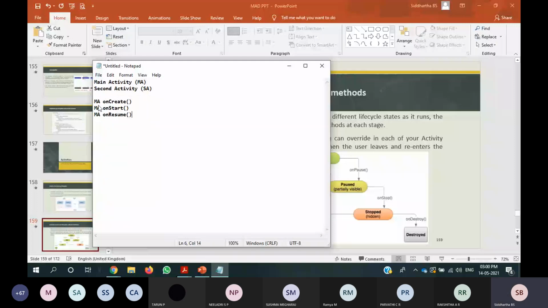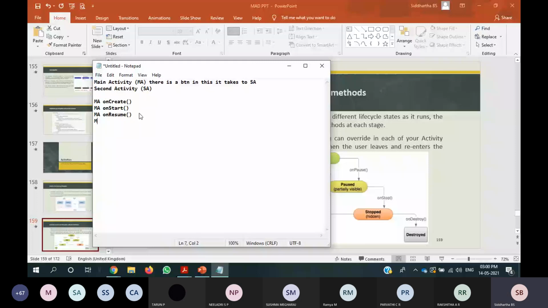Next, you want to go to the second activity. Think that there is a button in this main activity which takes you to the second activity. The user is interacting with the button, so which method is going to be called? The main activity will call the onPause callback method.